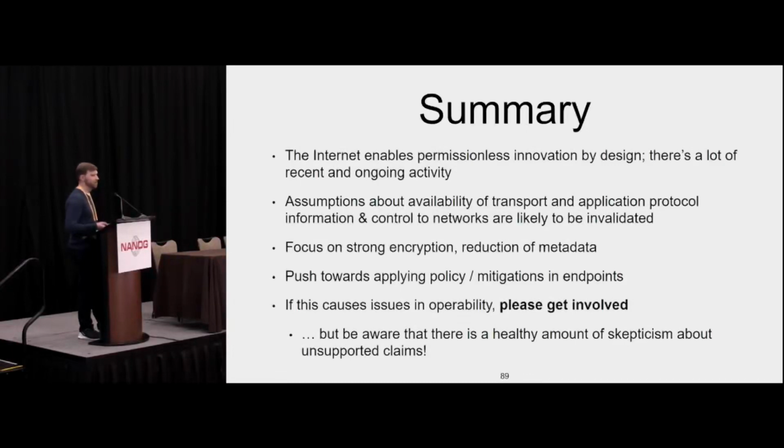So there's a huge amount of focus on stronger encryption, partially because of reduced cost, also because of increased concern. There's kind of a push towards applying policy and management towards the edge. So changes to things like BBR congestion control are another example of a move towards end-to-end congestion control as opposed to point-to-point.